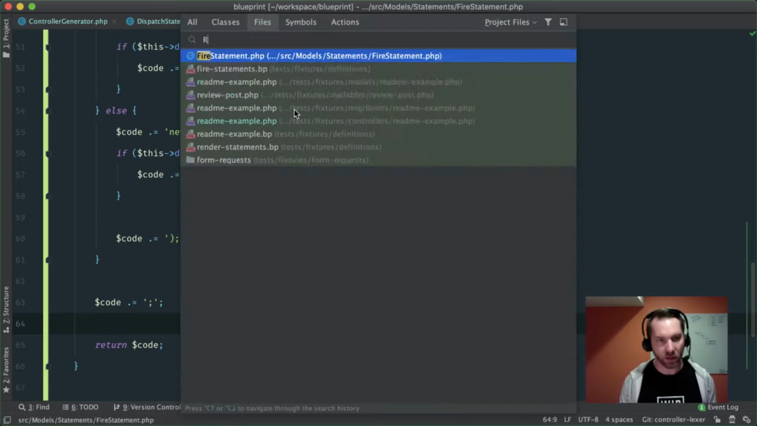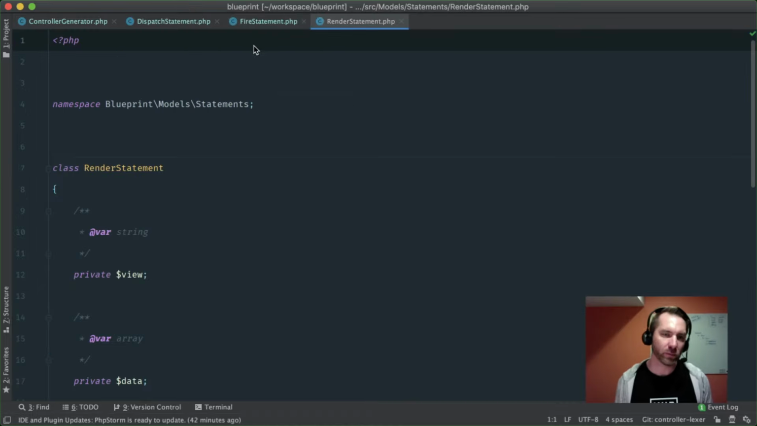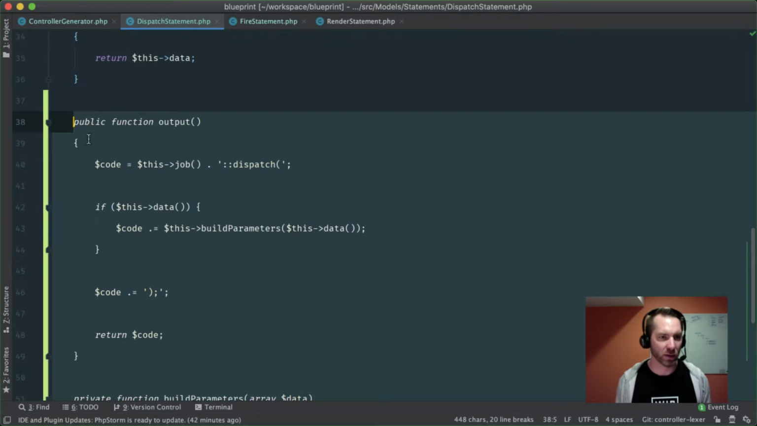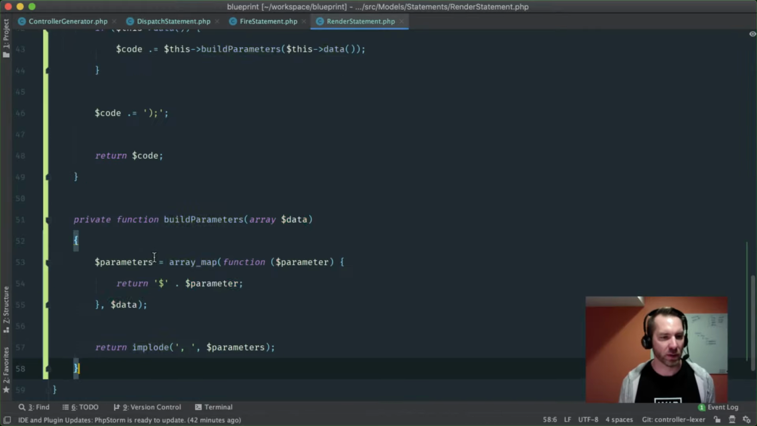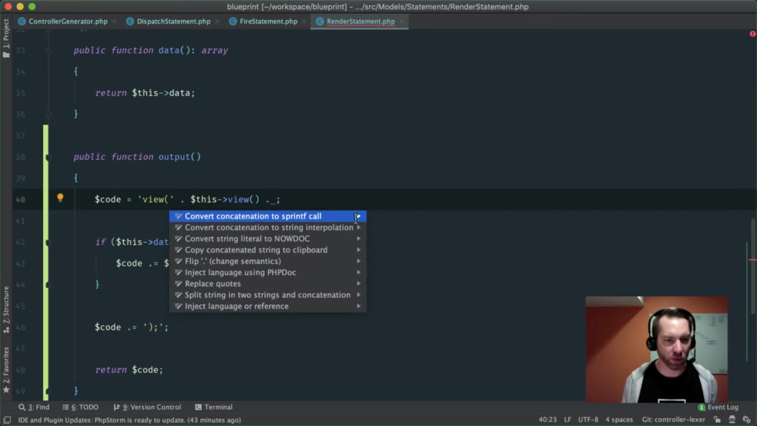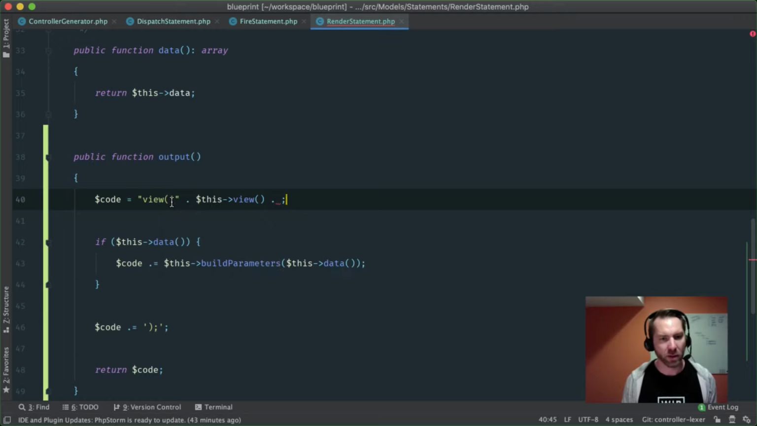Okay, and then finally, the render statement, which will be probably pretty much just like this output. So the render statement is going to say, give me the view, and that's actually going to be wrapped inside a view. So let's put this first. So whatever the view is called, we'll say view dot, and this actually needs to be double quoted, so I can flip that, and we'll do